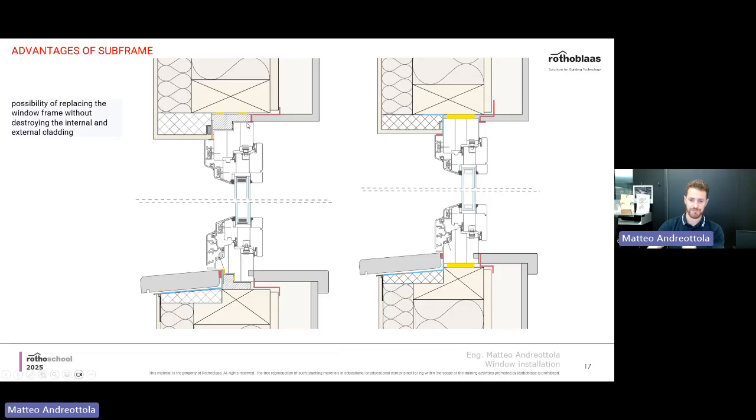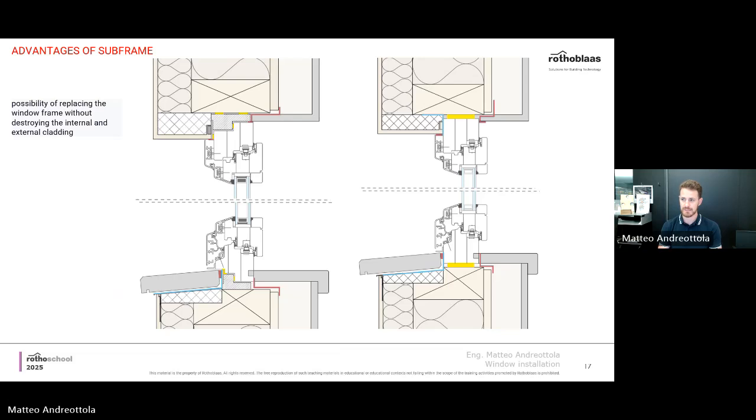the fact that even if you don't have the windows on site, because you know how it works on site, it's very easy to have a potential delay. Potentially the window should arrive on site one month and is actually arriving the next. So sometimes you easily have one month of delay in the installation of the windows. In this case, a subframe allows you to finalize and finish all of your taping before the windows are actually on the construction site.